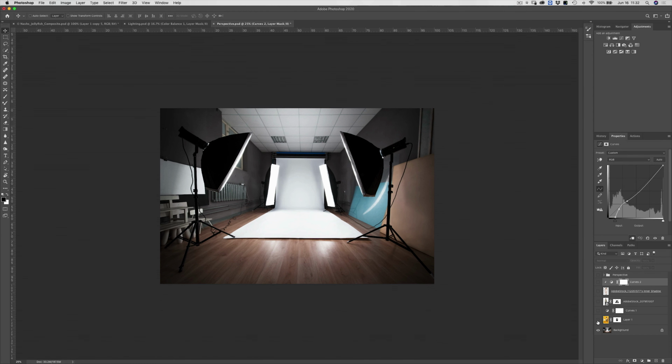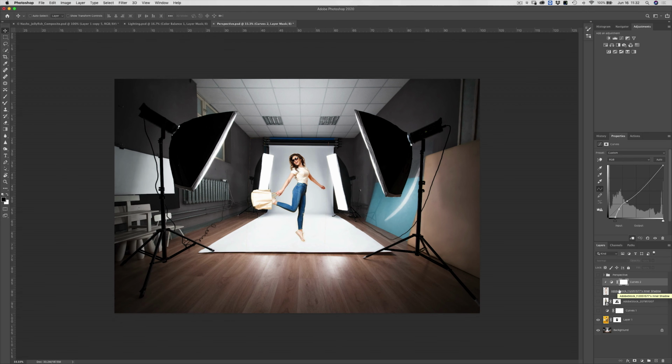So here is our first potential model for this image, and you can see that even though my masking is a little bit crappy, her direction of when she was photographed and how she was photographed is very similar to the image we're trying to put her in.